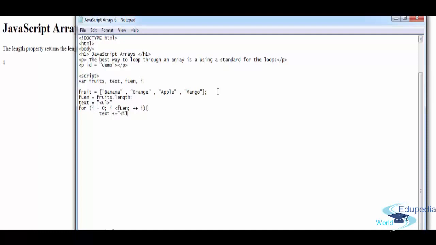List, okay, li, this is going to be a list item. Inverted commas closed, plus fruits, okay, open up the square bracket, I, close the square bracket, plus, I'll explain what it's doing. Okay, just hang in there. li, inverted commas closed, and end of statement marker, end of curly bracket, and then out of the loop text plus